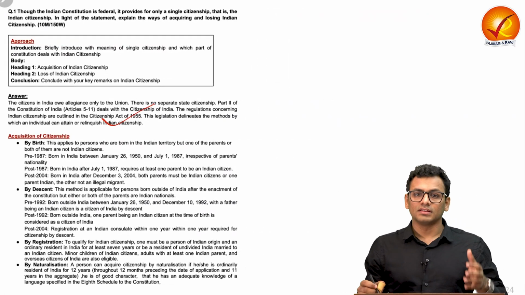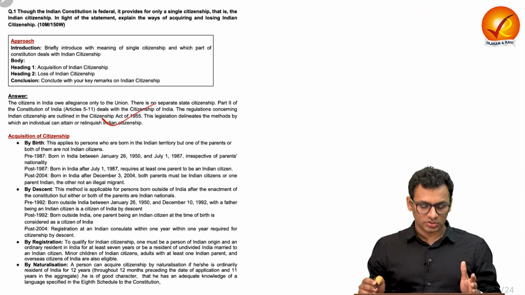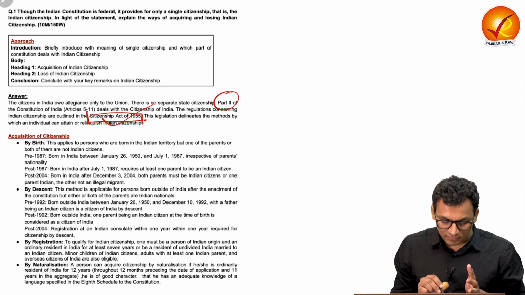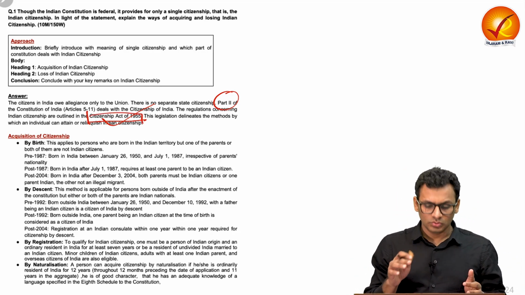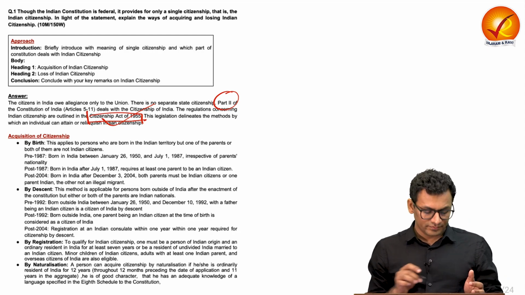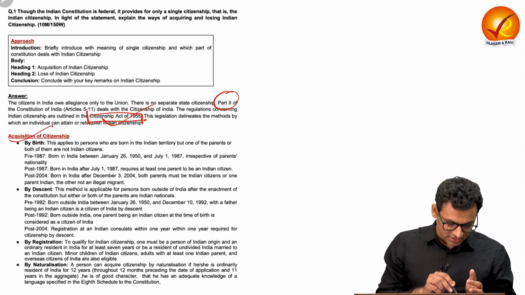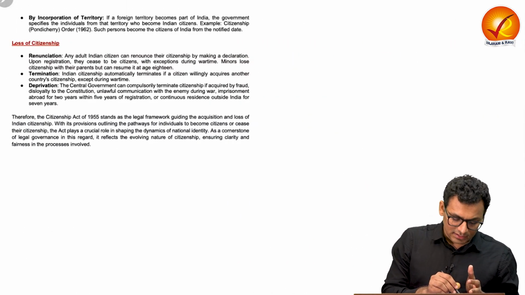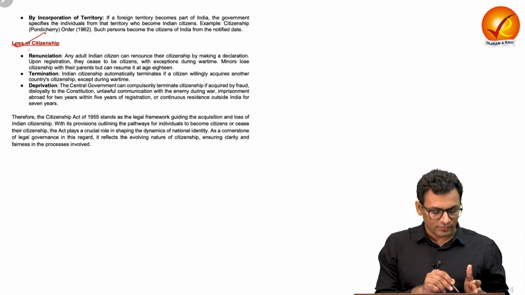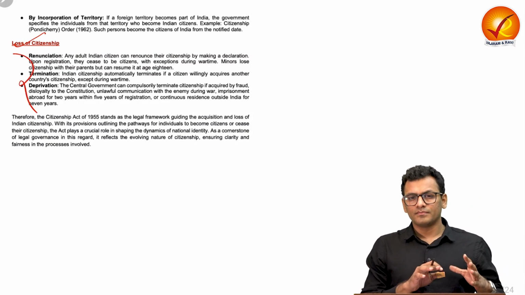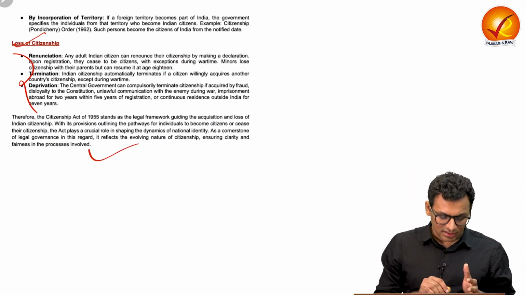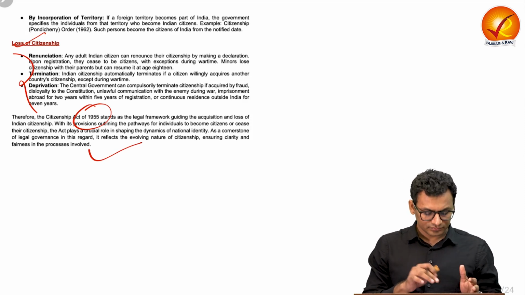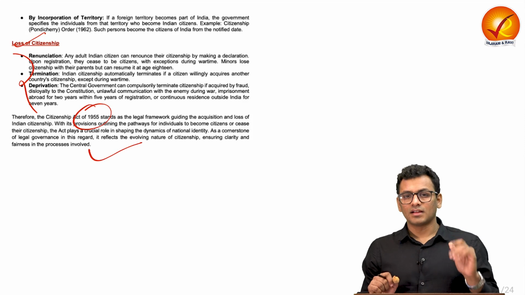Firstly, you can talk about the idea of citizenship in the Constitution, as in Part 2 of the same, and then you can talk about the Citizenship Act, which has explicit provisions with respect to the ways of acquiring and losing citizenship. Then in heading 1, you can talk about the acquisition of citizenship. You can list down the 5 ways and the provisions for the same. The next heading is loss of citizenship, where you can talk about how a person can lose the citizenship. And in the conclusion, you can talk about the dynamic nature of citizenship in India through the Act. So that is all for question number 1. Let us start with question number 2.